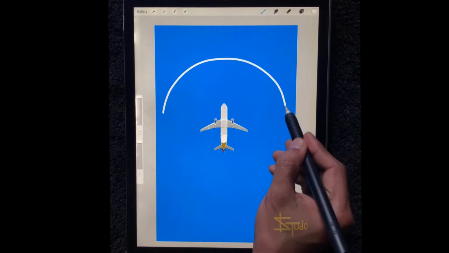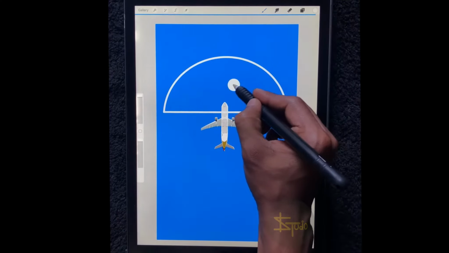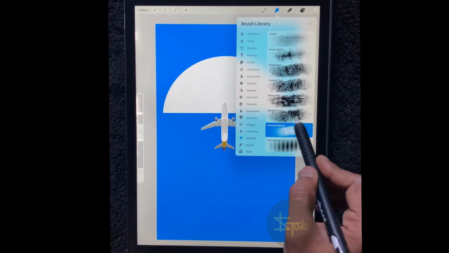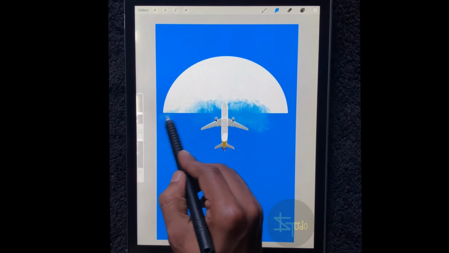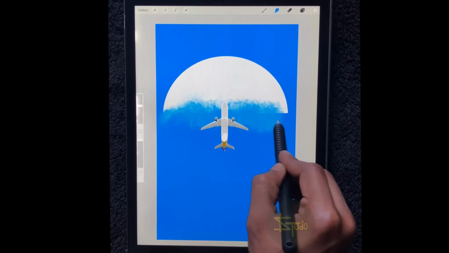Lots of things you can do. For the moon, I am using the Smudge tool, the industrial heavy metal effect. When you are going to make a sketch, it will give you a different texture. There are lots of options, you can choose your own.